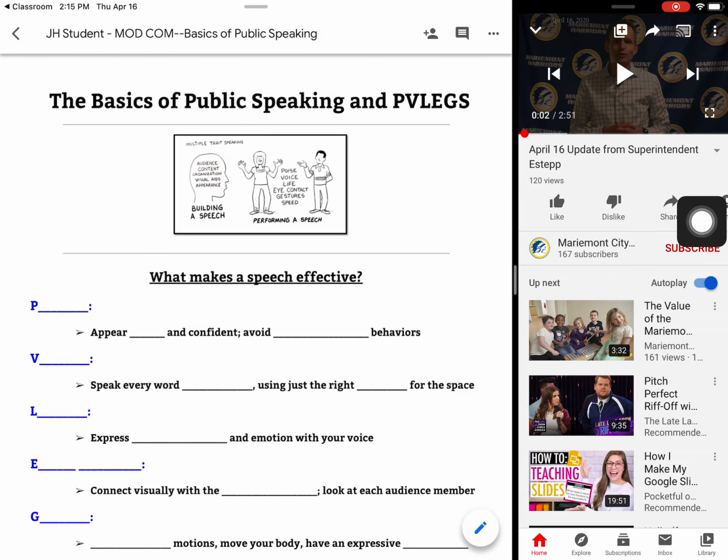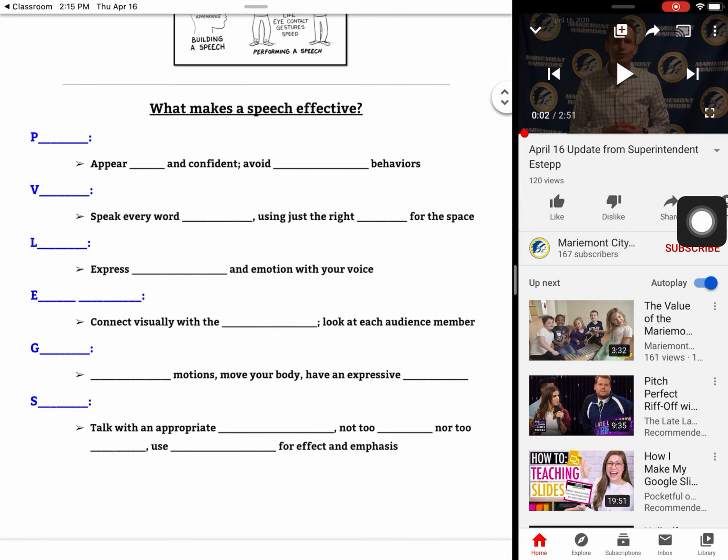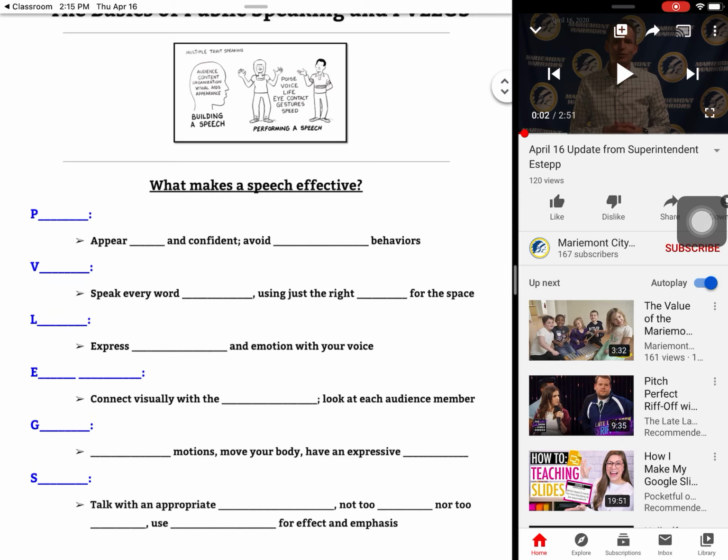And another recommendation as you are typing. As you can see as I go through this note sheet here, there are a lot of blanks. And those are the pieces of information you are listening for or looking for on the actual video to fill in. And that's what I'm going to be looking that you have completed when you submit this.